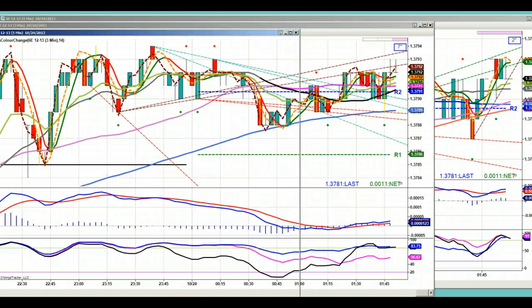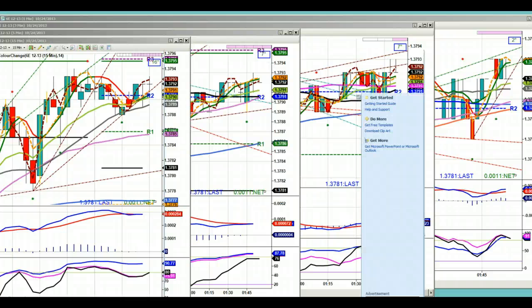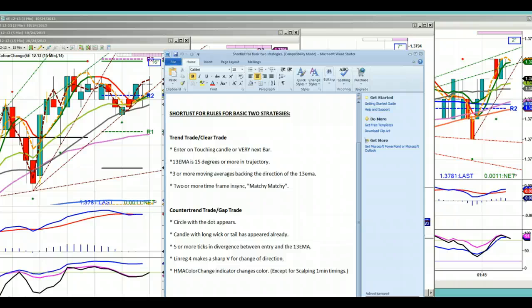Okay. So I'm going to push play because I want to show you. Everybody asks me, what is matchy-matchy? So let's address the final rule really quickly so you understand this, and then we can continue talking about this as we keep trading. So the final rule is, as I've stated here, 2 or more time frames are in sync. And I coined that matchy-matchy because what I found is, and you have to understand this principle when trading, it's very different for